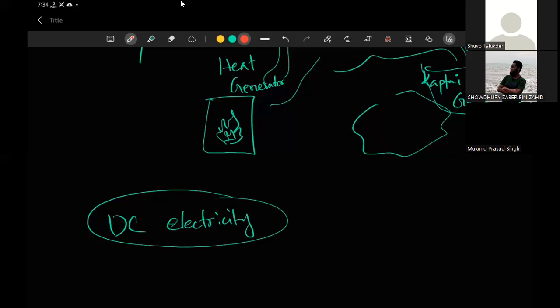So this DC electricity is very good for a lot of things, but not good for transferring electricity. Okay, it's not actually good for transferring electricity. What happens is that